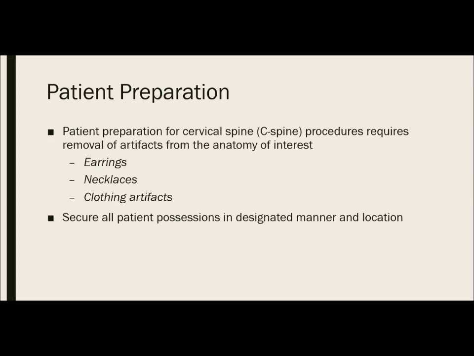So starting with the patient preparation for cervical spine, these procedures require removal of artifacts from the anatomy of interest. That would be your earrings, your necklaces, glasses, any type of clothing artifacts, especially if they have a golf shirt on. Sometimes the buttons will show up on their x-rays. And we want to secure all those patient possessions in a designated manner and location, because jewelry sometimes can be maybe not expensive, but maybe it has some sort of a memory or something for the patient. So we want to make sure that we don't lose those things whenever we have them remove them for their